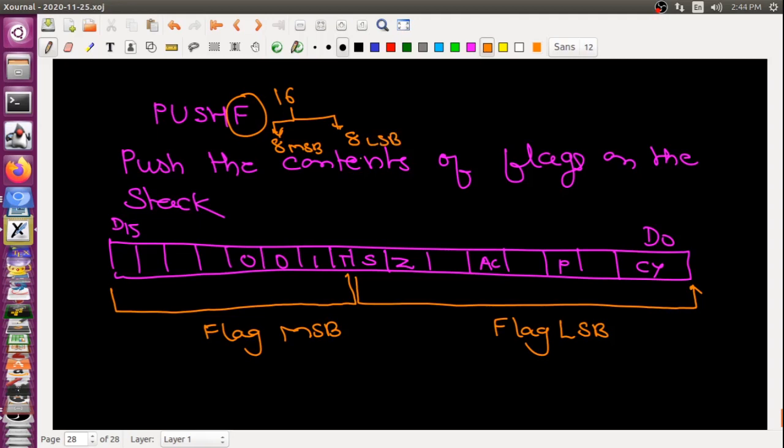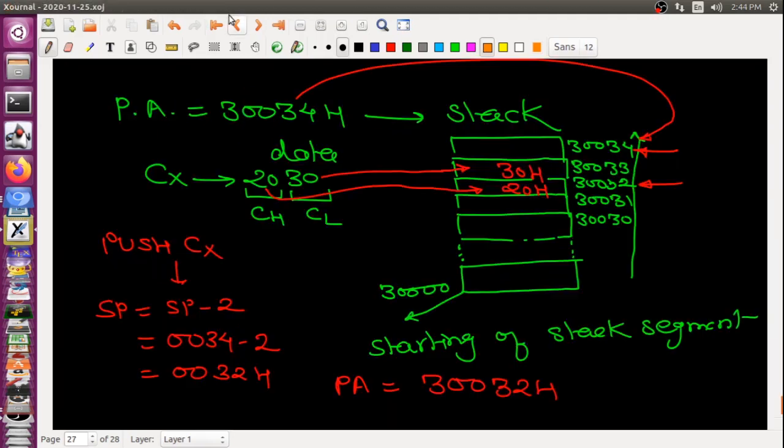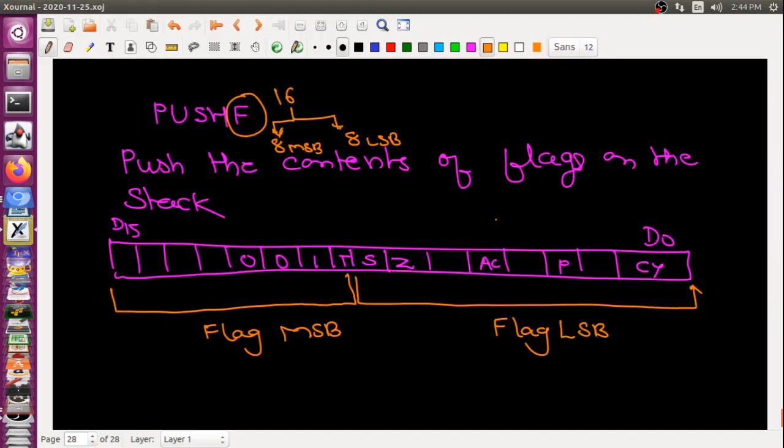Similar to this, the stack pointer will first be decremented by 2, and then the MSB part will be put first, and then the LSB part will be put second. So by using this instruction, you can put the contents of flags on the stack.